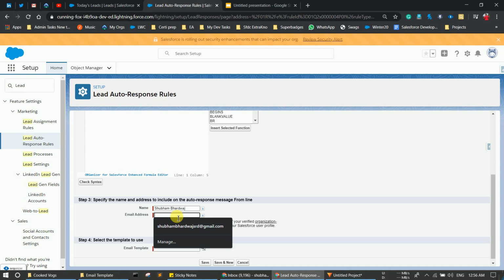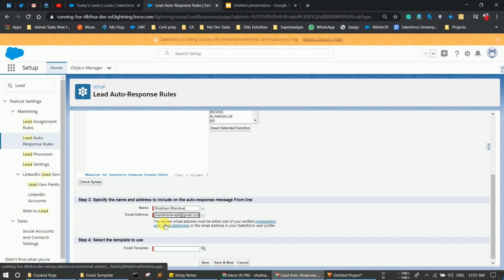So basically you have to apply here your email. So simply I am typing the default email of this org, which is Shubham Bharadwaj SF gmail.com.